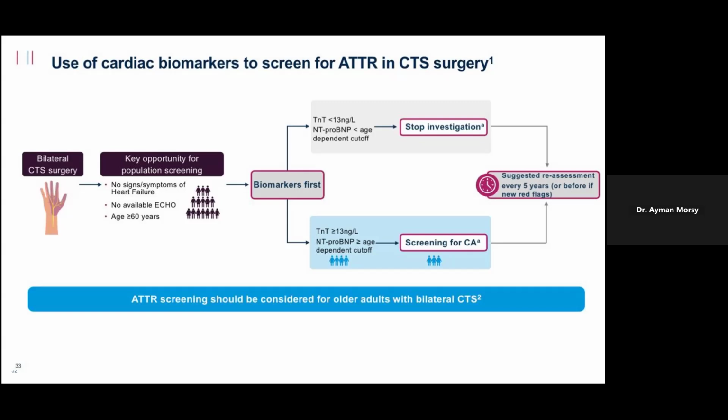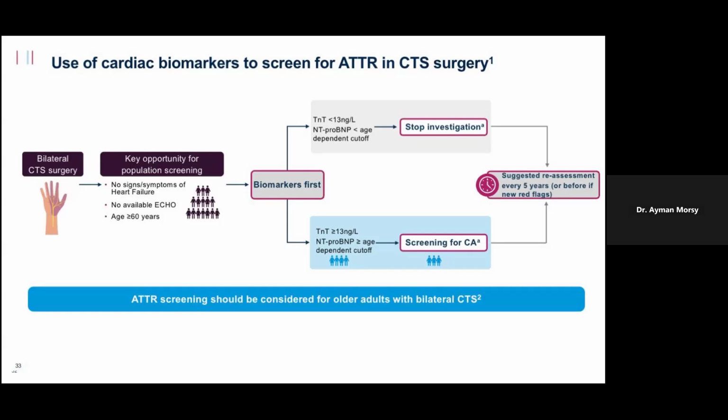On the other hand, if before he goes to the OR the troponin T is more than 13 and the NT-proBNP is increased beyond the cutoff for his age,